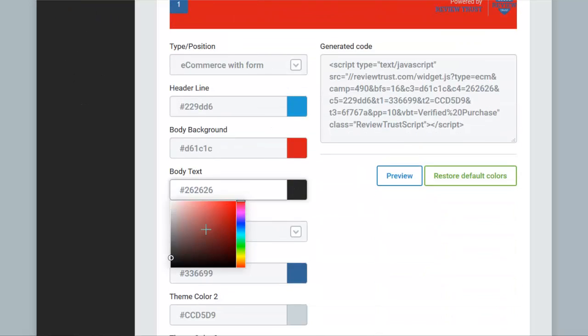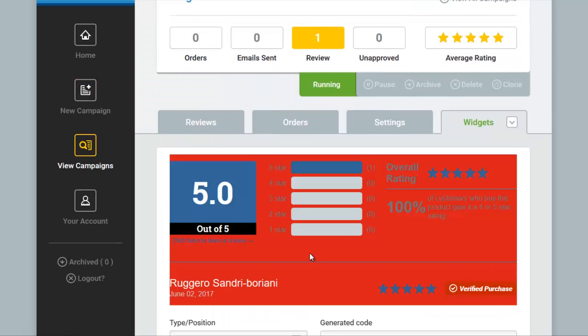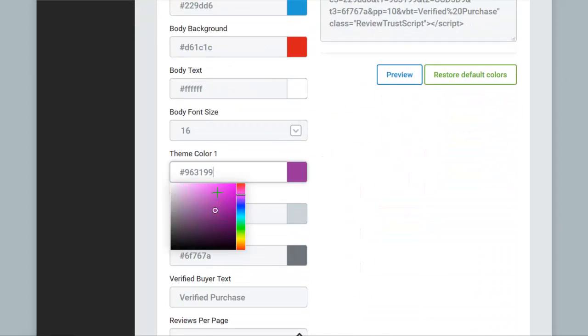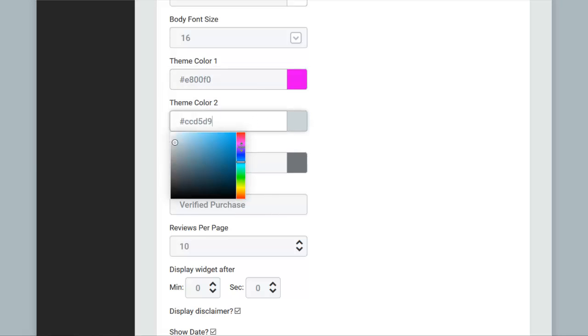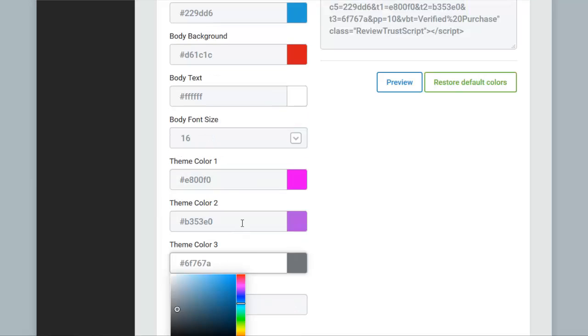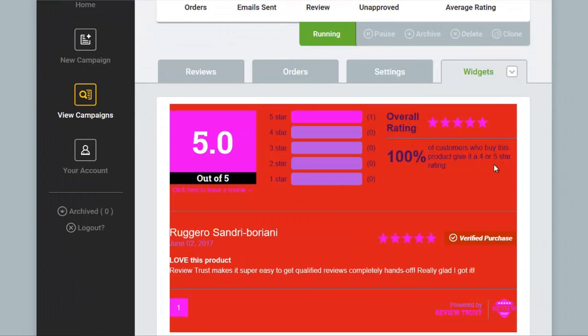And I can change the body text color. So let's switch that over to white. There we go. So there's your white color there. And then of course your overall theme colors, theme color 1, and let's try and sort of stay half reasonable here. And 3, so let's do something like that. Boy, this is going to look real pretty. There you go. Awesome. Okay, so we got some shocking pink and some red and some blue, and this matches